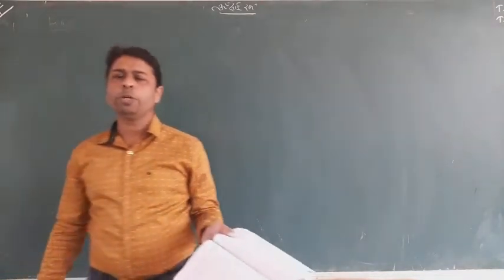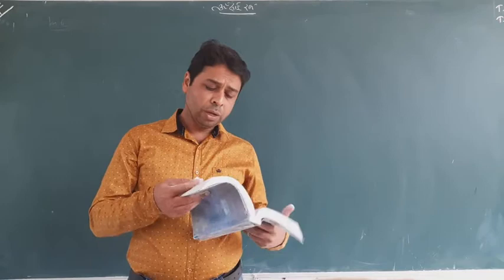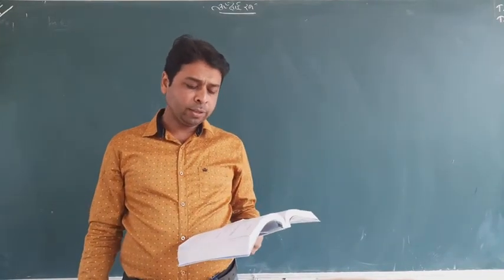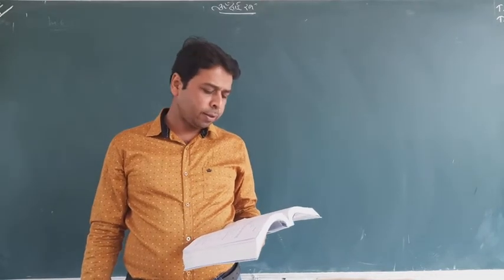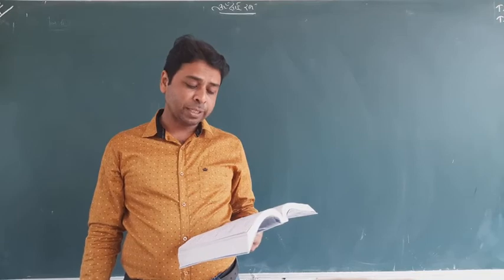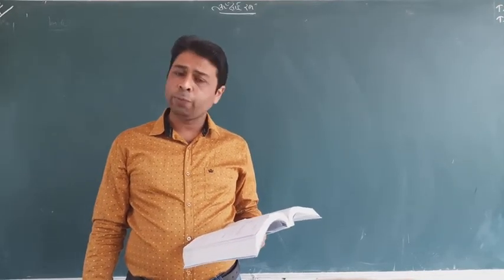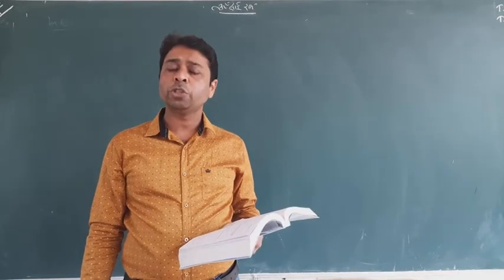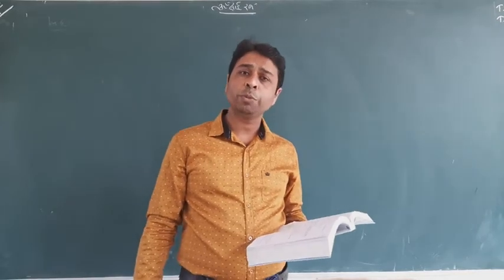Question 11.3. I hope with these examples you have come to know what kind of questions will come. The initial questions 1 to 9 are based on finding focus, vertex, major axis, minor axis, eccentricity, length of latus rectum, when the equation is given. You first turn your equation into general form, then compare it with x square upon a square plus y square upon b square equal to 1.